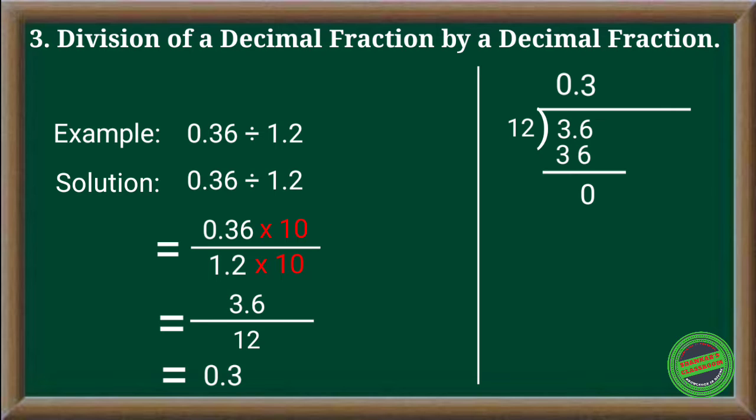Let's see one more after this. Okay, so this is how you will divide. First of all, you will convert the denominator into a whole number by multiplying by 10 or other multiples of 10 like 100, 1000, according to the requirement. The next is